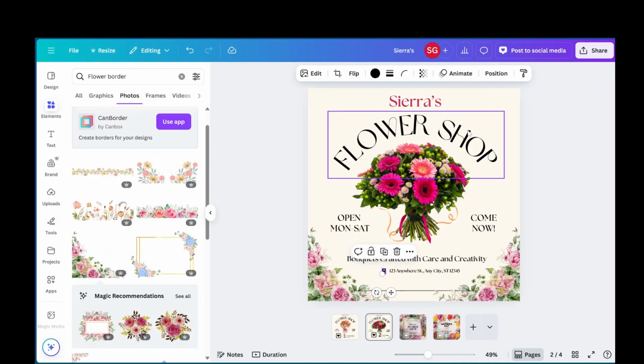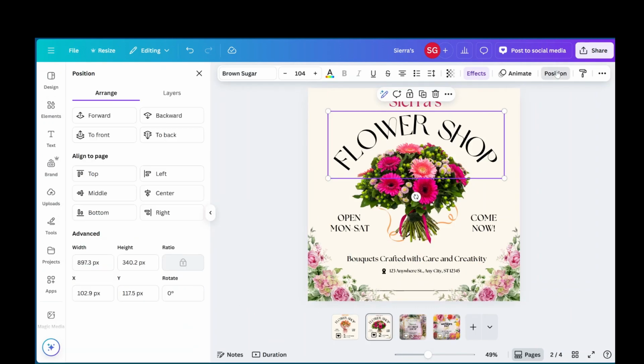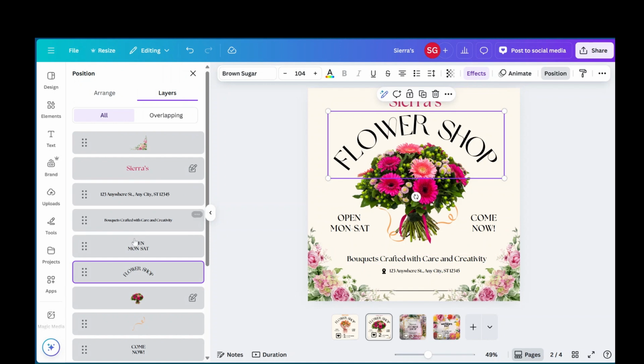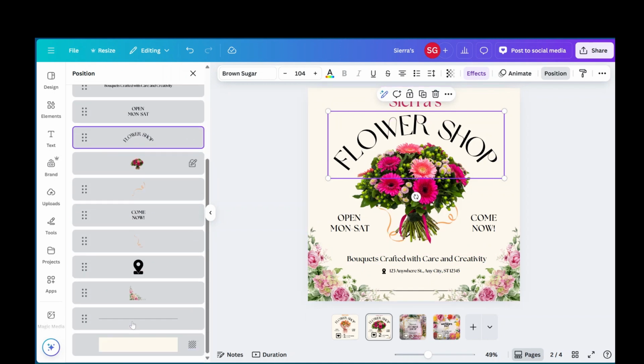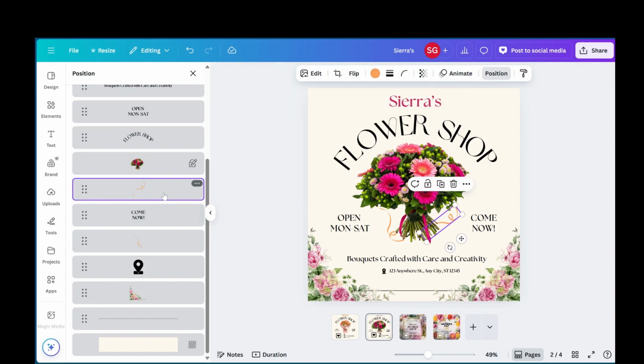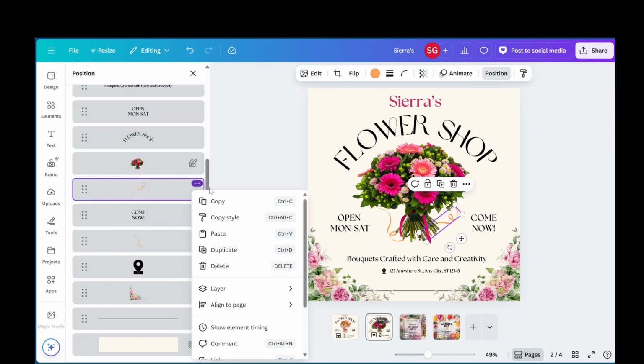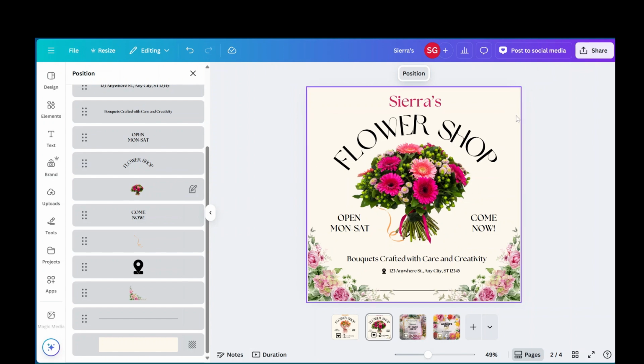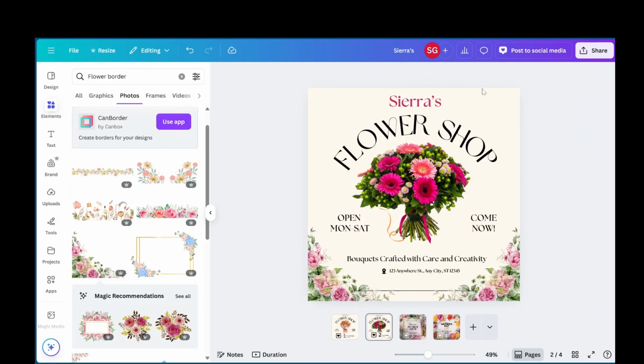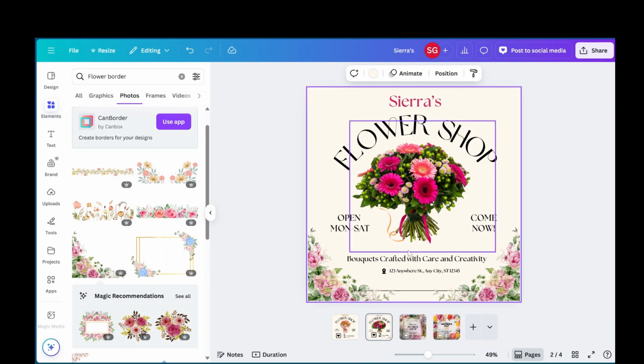Or you can select something, hit position, hit layers, and now you can see every single layer that is in. So if you wanted to delete something, you just select that layer and hit delete, and now you can delete any layer easily. So those are some things that I learned that helped me to design a lot easier, and I hope that